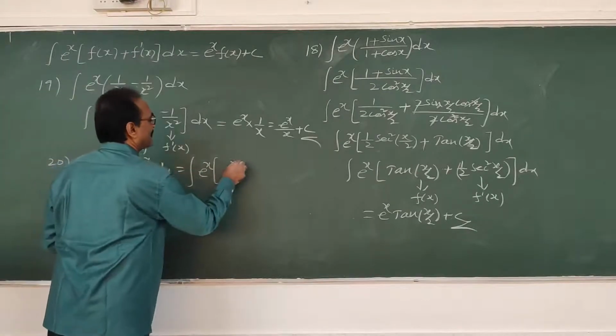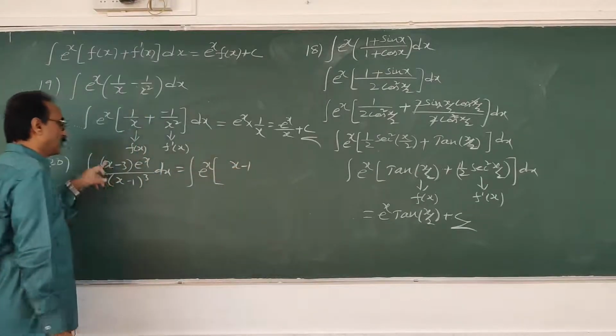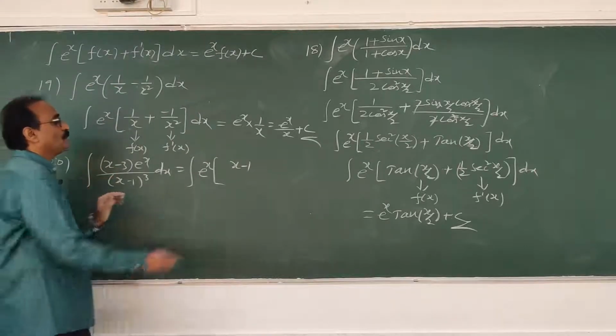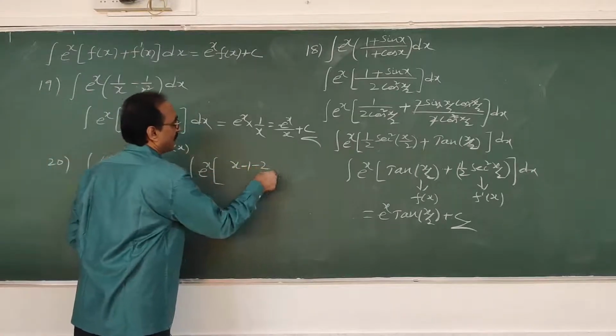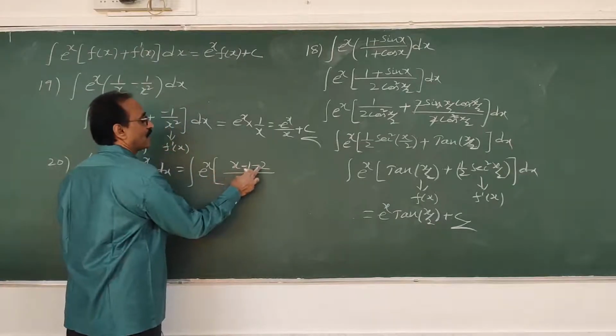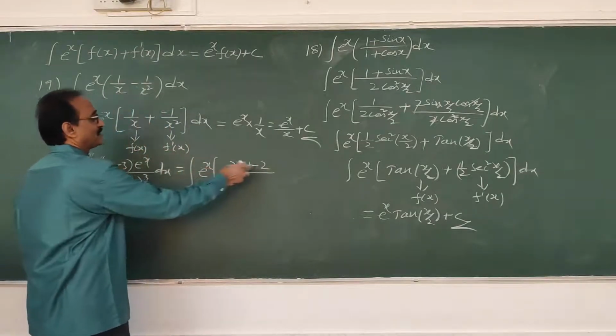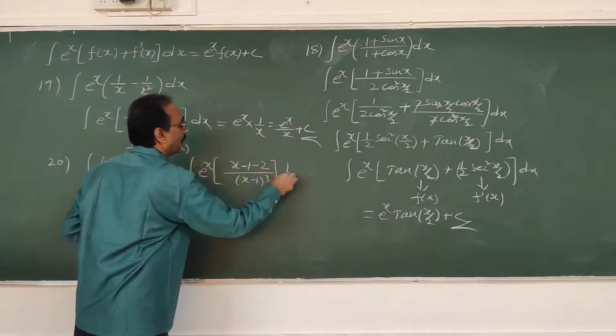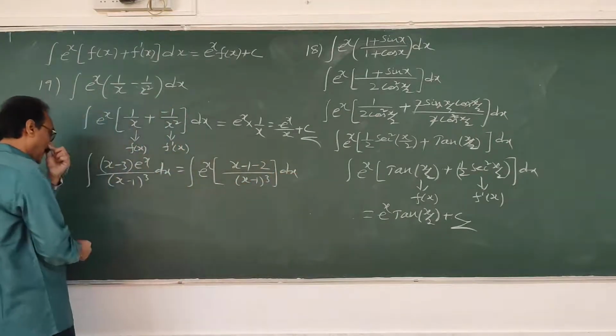Okay, you write x minus 1, sir, what will happen? But what is there? x minus 3, that you cannot leave. So here you should write minus 2 more: x minus 1 minus 2 minus 3. I wrote minus 3 like this, by x minus 1 whole cube. Okay, now you know what to do, separate it.